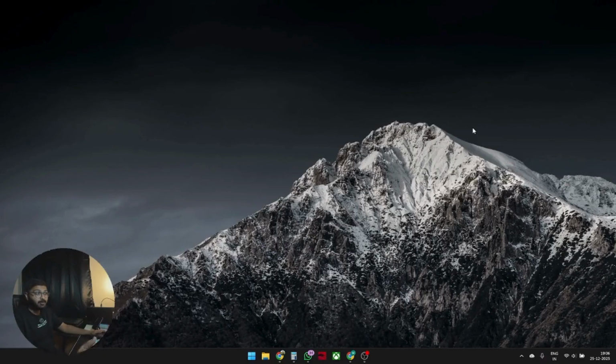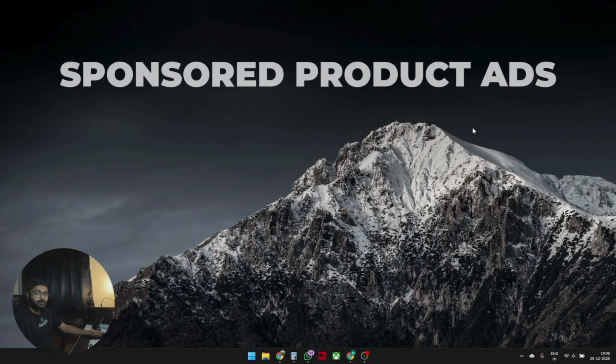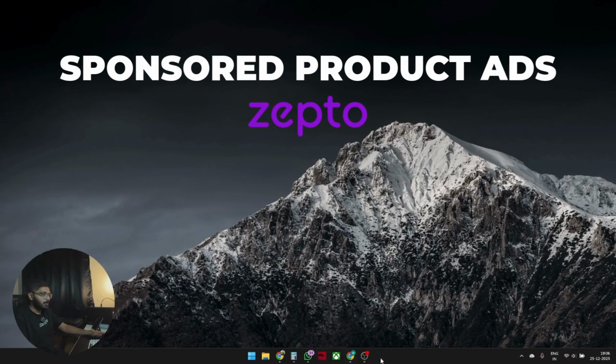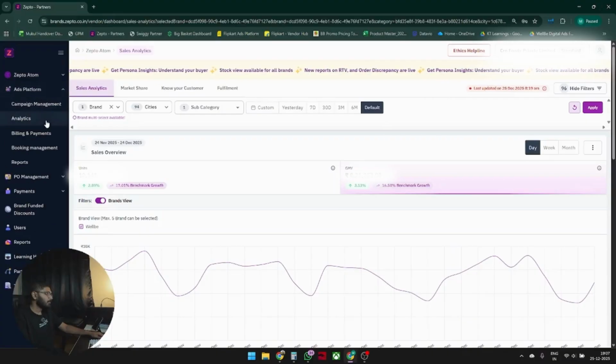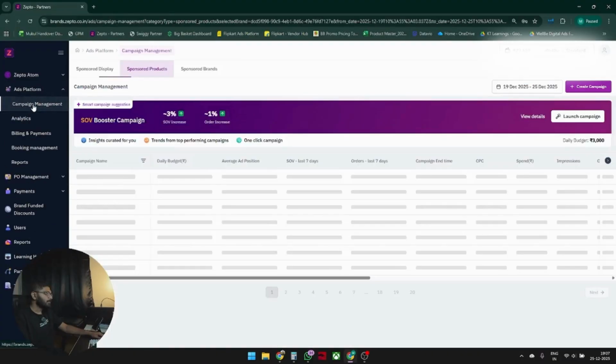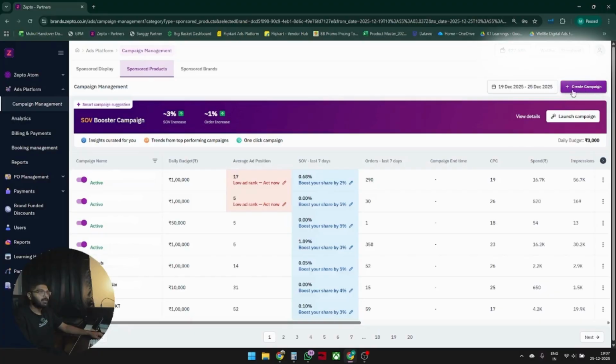My name is Mukul Anand, and in this video, you'll know how to run sponsored product ads in Zepto. So this is the backend dashboard. You can see there are multiple options. You have Zepto Ads, you have ads platform, PO management, payments, and brand funded discounts. But to run ads, you just need to go to ads platform, click on campaign management, and create a campaign